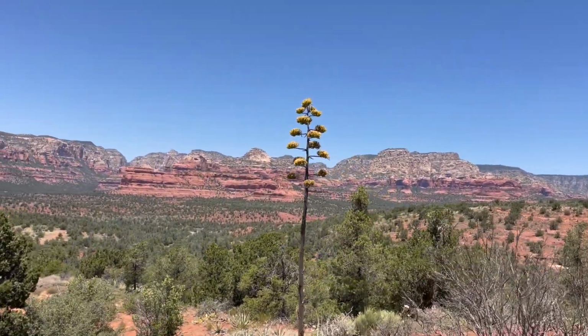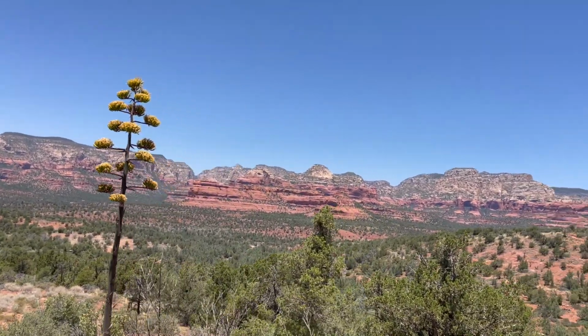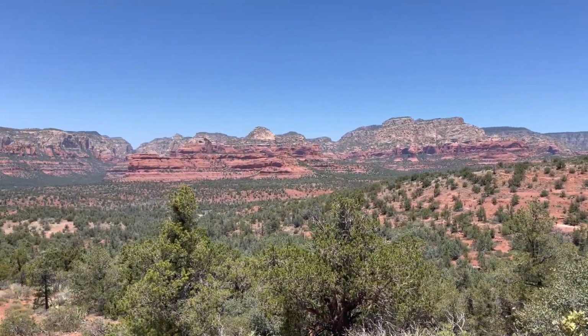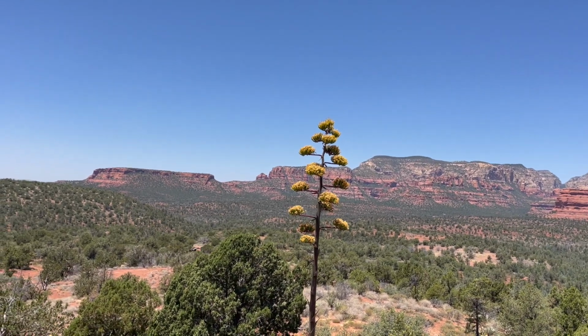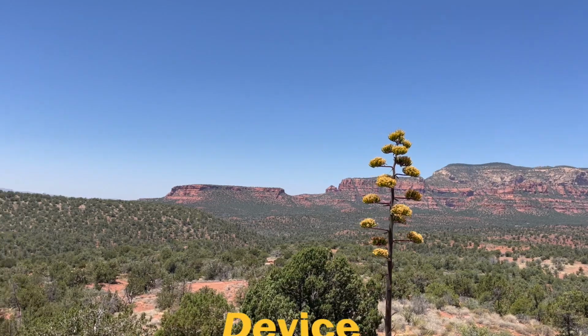That plant right there, I'm not sure what it is doing other than sprouting a storm, but here's the grand view of part of Sedona. Off in the distance you might be able to hear the cars revving it up out there, but I believe it's one of those